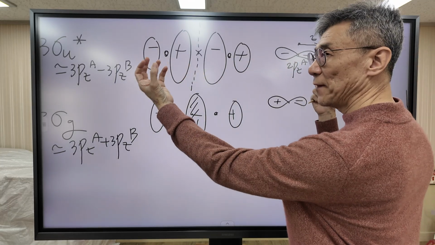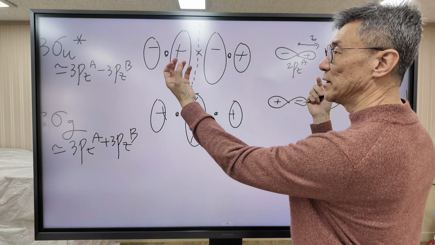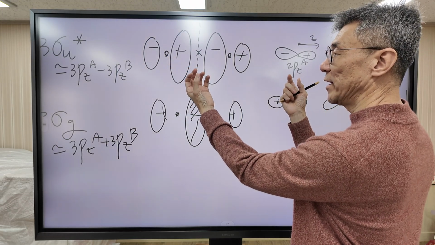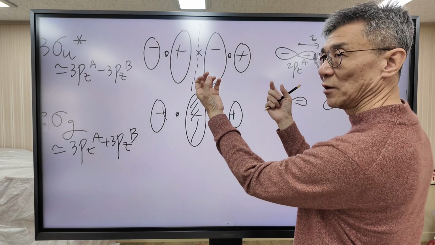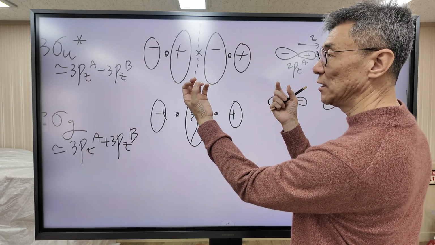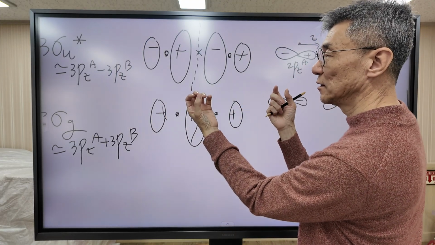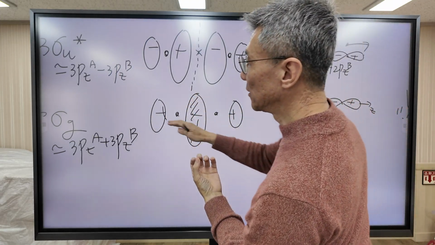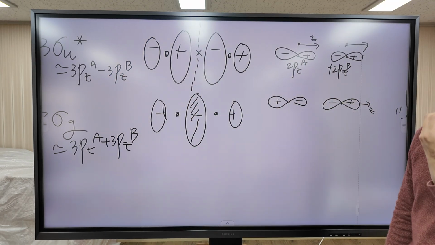When the atoms are far apart, there are two independent atomic orbitals. When they get closer, they interact with each other to construct molecular orbitals. They may interact constructively, which leads to a bonding orbital. When they interfere destructively, they lead to an anti-bonding orbital. This is the main result.